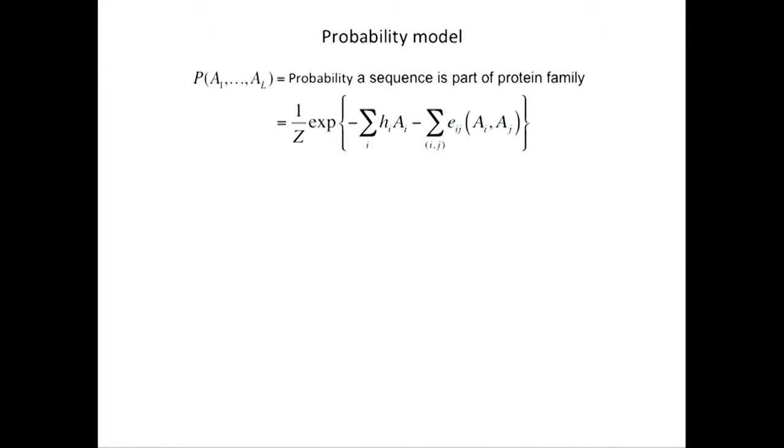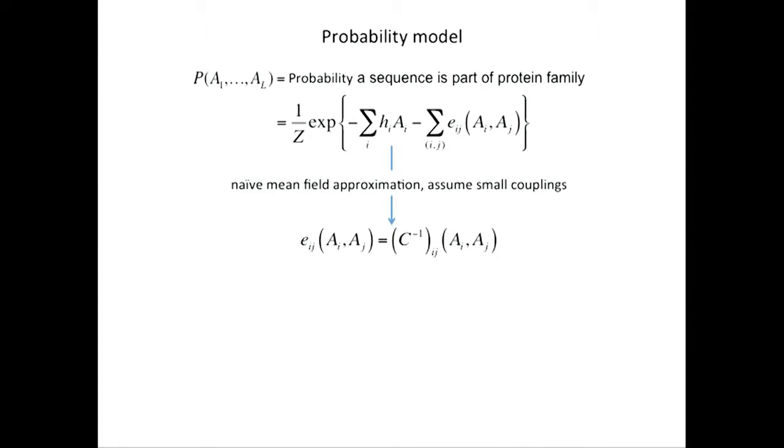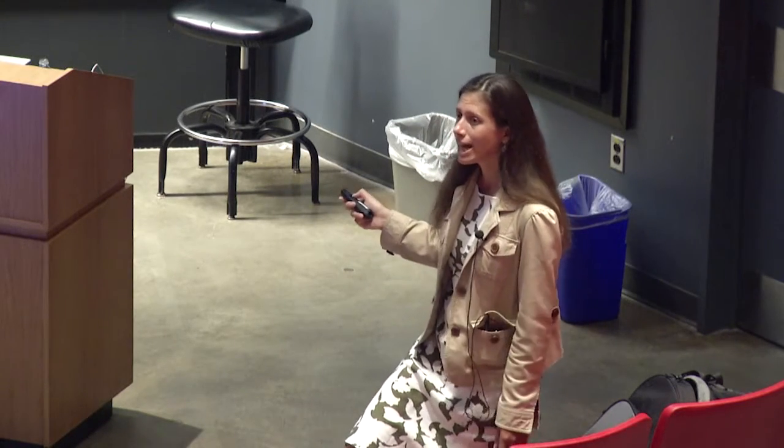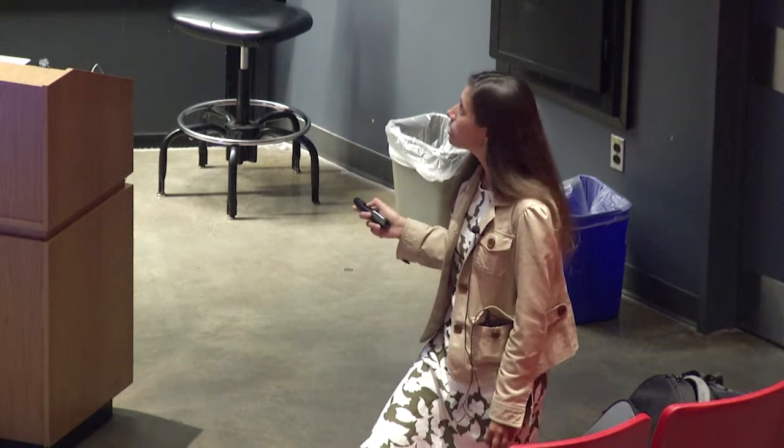So we have basically these linear terms and these pairwise terms. This is basically like an Ising or a Potts model. And so our job now is to infer these parameter values from that data. We'd like to infer the E_ijs and the h_is. If we make a very simple naive mean field approximation, assuming the couplings are relatively small compared to the fields, then we can infer all of those parameters in one single step just by inverting the observed covariance matrix. This of course would be exact if this was a multivariate Gaussian with continuous variables, but